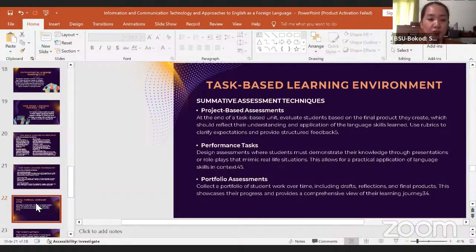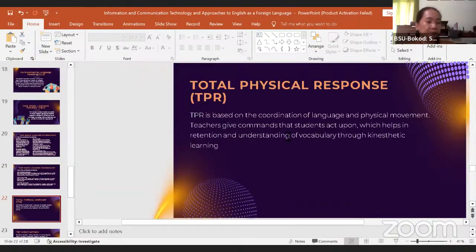So the third approach here is the total physical response, the TPR. This is more applied in the kindergarten here in the Philippines. It helps in the retention and understanding of vocabulary through kinesthetic learning. We play a song and sometimes they act on it.